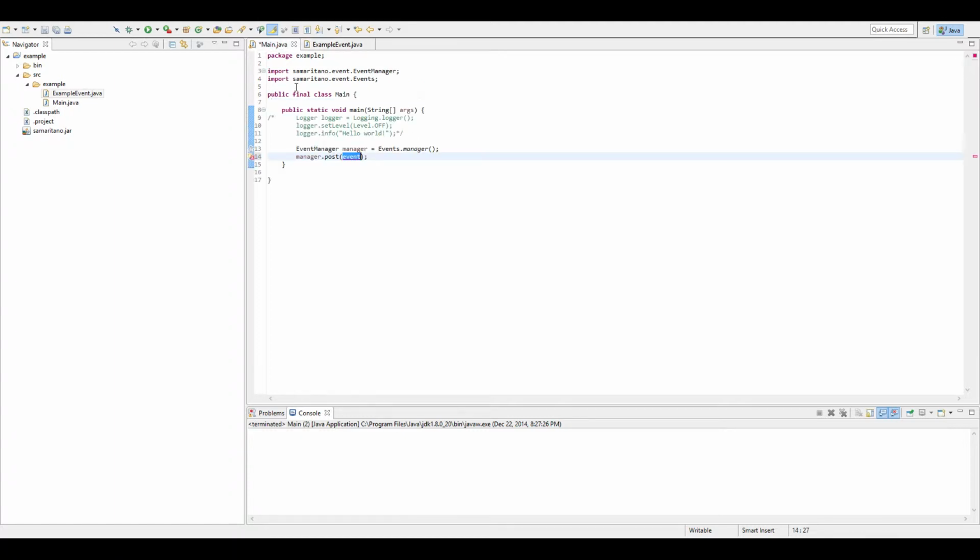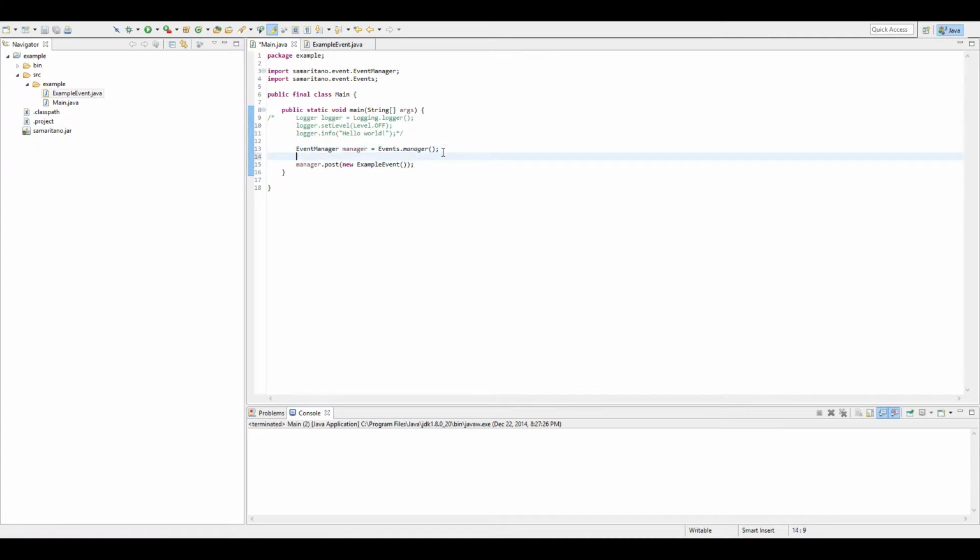Note that you can't post an object like Google's library. You have to post an event, because people can screw over other people's libraries by using this event system. You can mess with other people's code with Google's library. You can't do it with this. This is very flattened out. So we're going to post an example event,